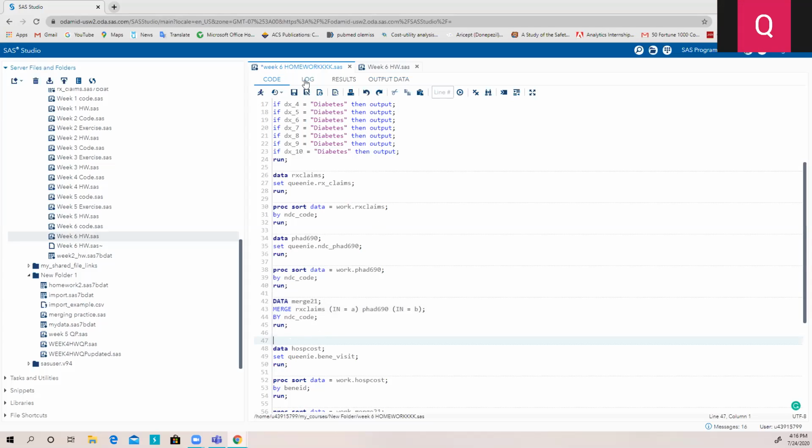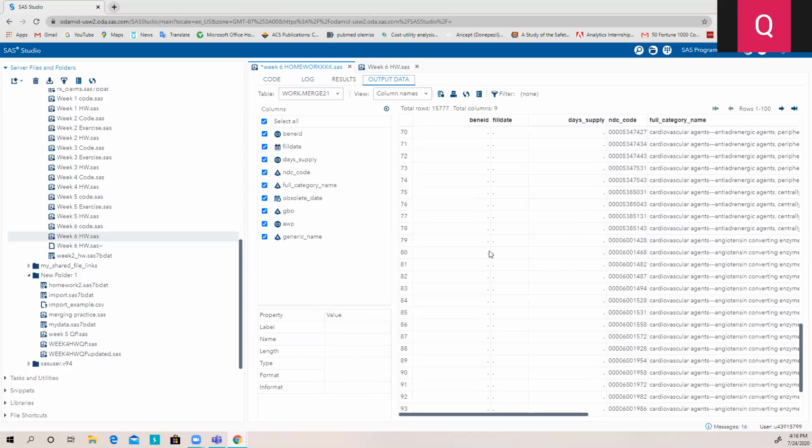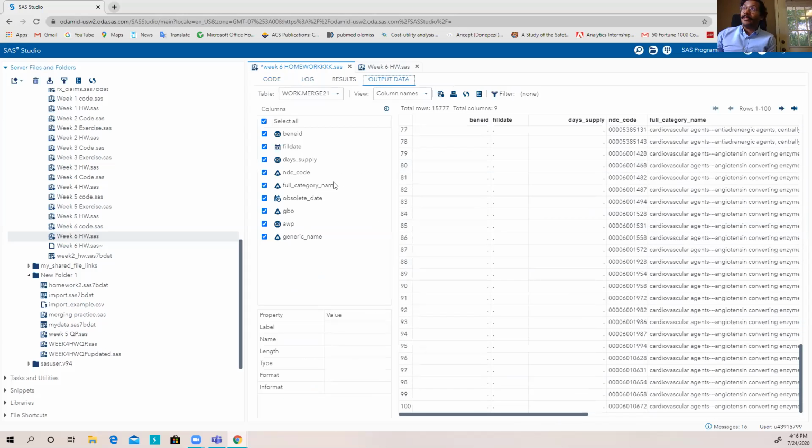So now your output data set has 15,000 rows. Look how many rows it has. It has 15,777 rows. So the 30 something rows where Bene ID is not missing are in your data set. You just have to scroll through 15,000 rows to find them.